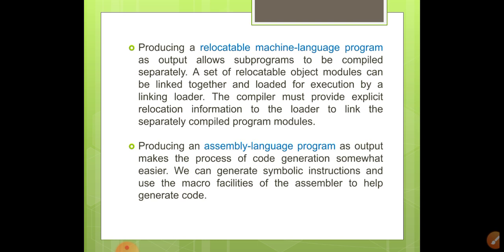If it is freely available, load our program into primary storage for execution. If it is not freely available, we load our program into another location. That address is not fixed by the compiler. So here we need to perform some modifications.